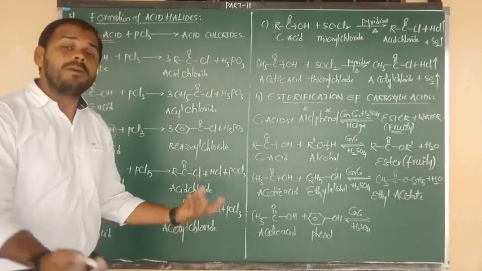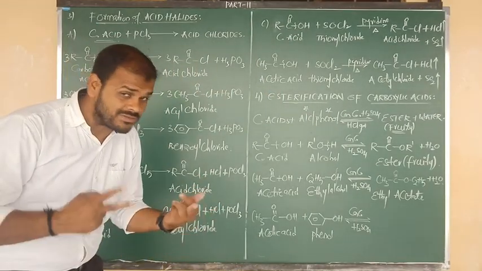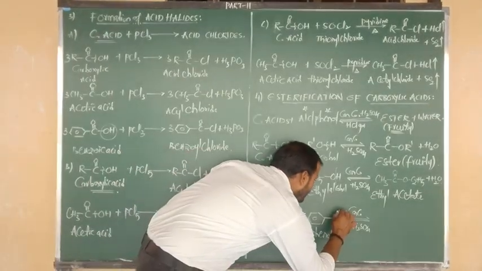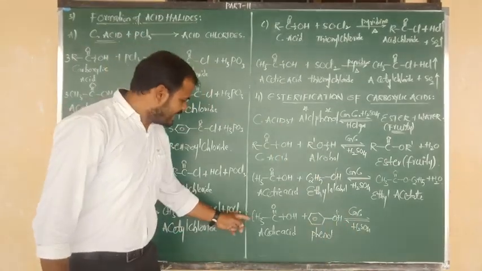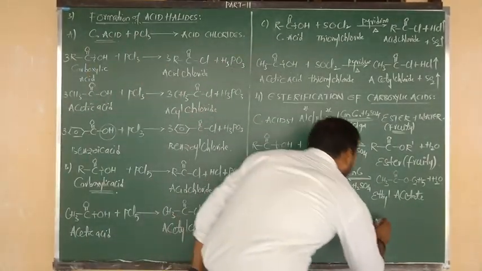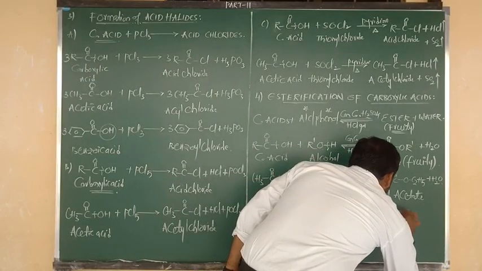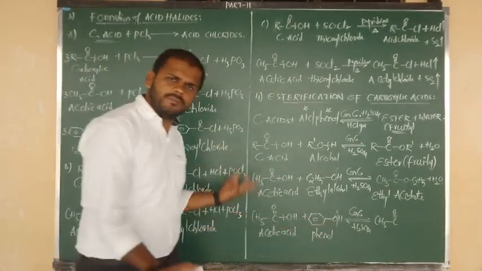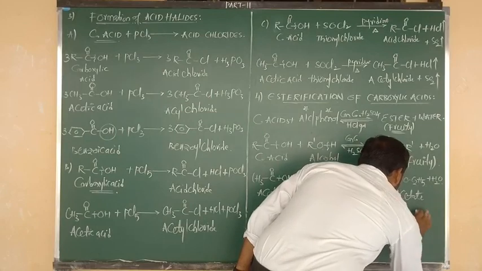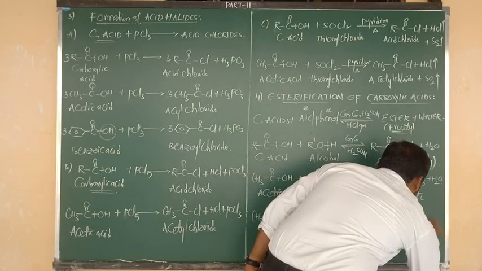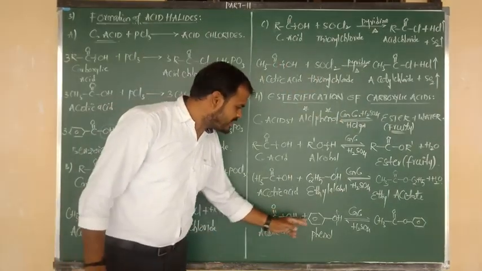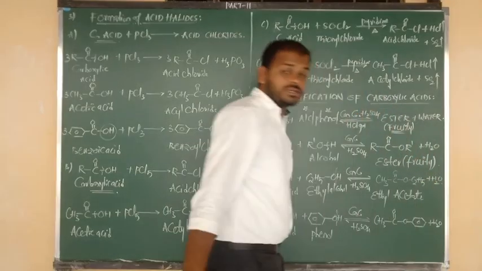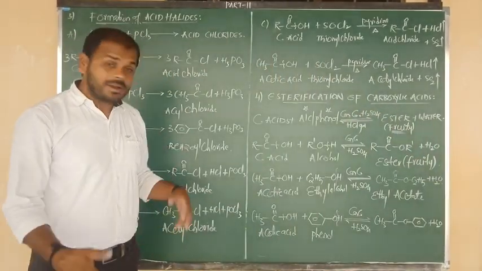Good. So now which type of cleavages are going to take place? You know the cleavages very well. In carboxylic acids we have to make CO cleavage, and in alcohol we have to make OH cleavage. CH3 bonded to C double bond O, that one I am going to write as it is. Next, from the second reactant, O connected to benzene, that one also I am going to write as it is. Okay, very good. Next, from here OH, and from phenol H is available, but it is eliminated in the form of which molecule? Water molecule.